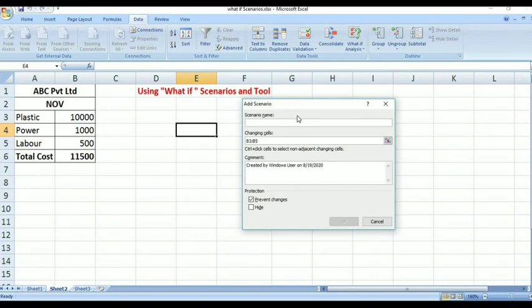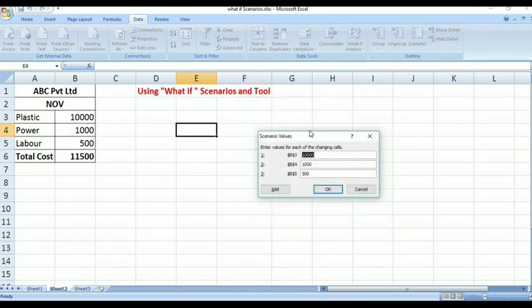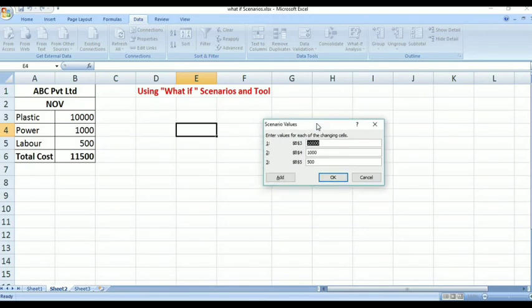Again the same window will appear, add scenario. Now I want to find the maximum value of the PVC pipe. Again this time these three cells are already selected, no problem. Then click on the OK button. Once you click on the OK button, again you will get the scenario values dialog box.